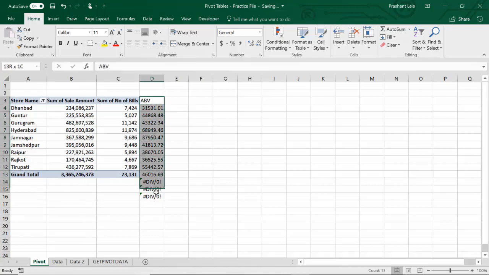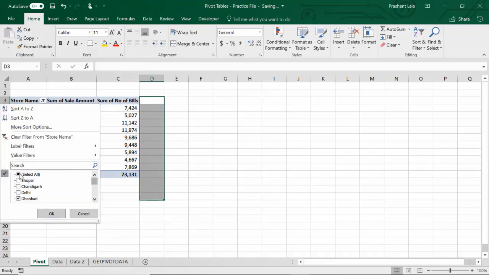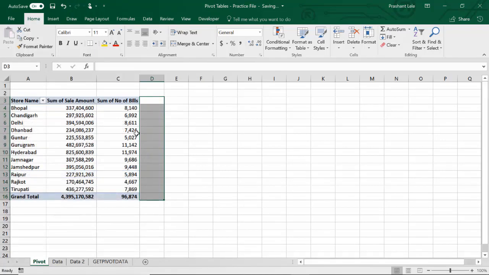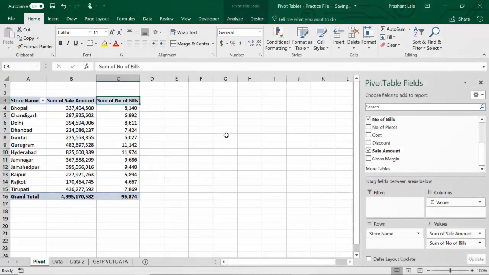So my third option is adding the calculated field directly inside the pivot table. This will not touch my original data and it will be inside pivot table only. So it will update or adjust along with the changes in pivot table structure. So how to do it?